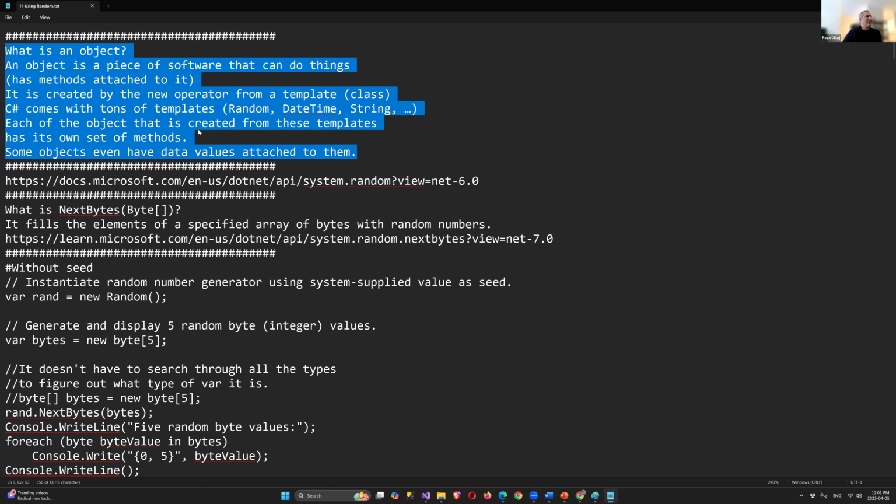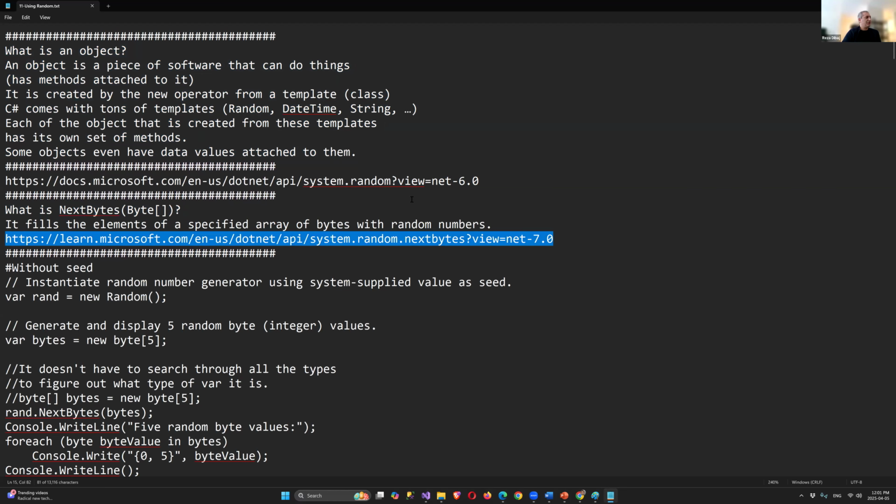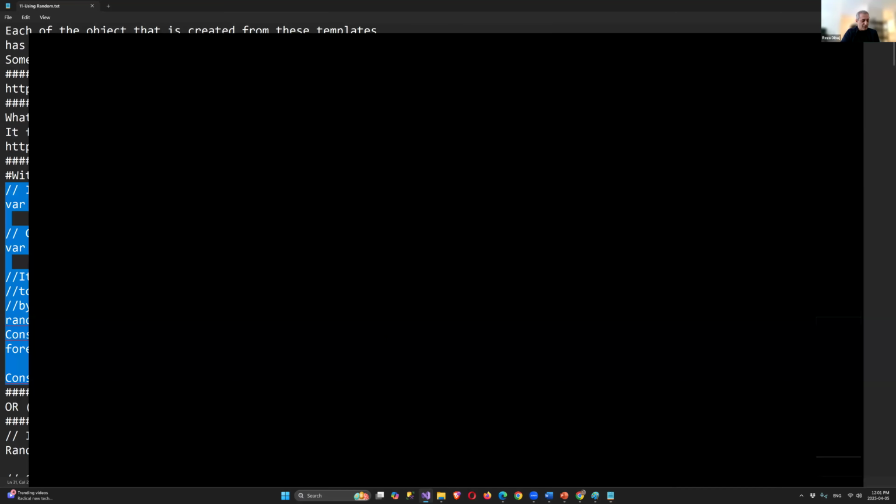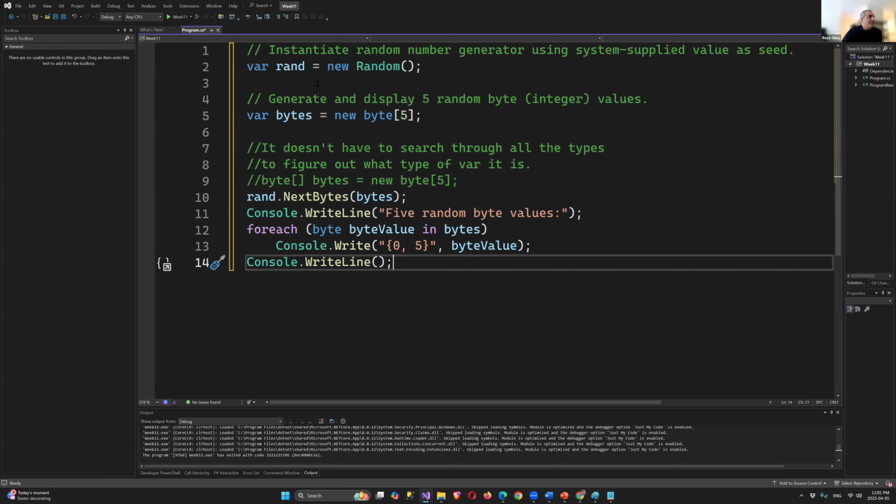Each of these objects that is created from the templates has its own set of methods, and we are going to see some of them about random. And what is this guy? I don't know. I can either search, or I can just ask ChatGPT to explain the code for me. But before anything else, what is seed? We are going to explain everything, so don't worry. Let's start from something simple. Whenever I say var rand equal to new Random,